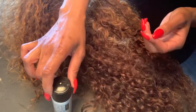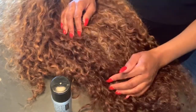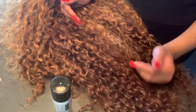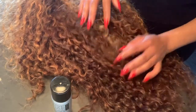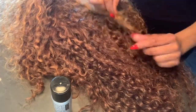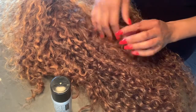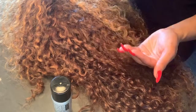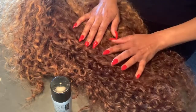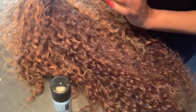Once you get your brand new hairpiece or your new frontal, it's either going to be pre-customized if you get it from a stylist, or it's going to need customization. If you are going to customize your hairpiece, if you are going to bleach it, pluck it, lighten it, darken it, or do any kind of customization to it, once you have disturbed the natural state of it, you want to make sure that